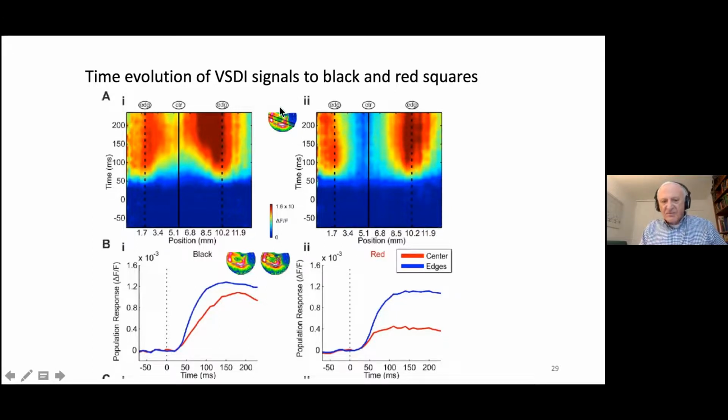That is to say, there's a hole. And that's what you'd expect if the response is dominated by double opponent cells, and they're most of the color responsive cells in the cortex. So what they showed here is that in fact, the image of a uniform square, a surface in the cortex, in V1 anyway, is dominated by the response to the edges. And it's all the time that it's on, it's dominated by the response to the edges,